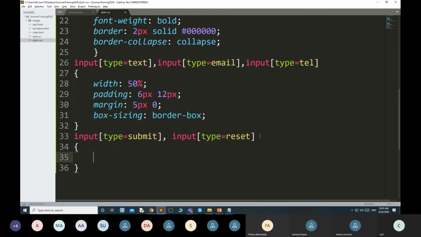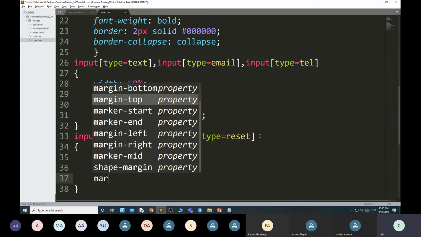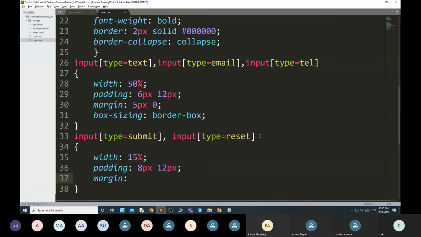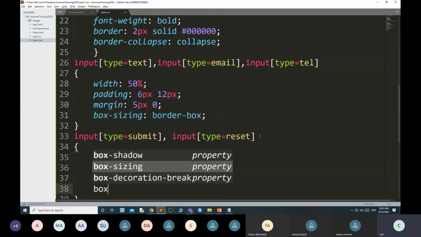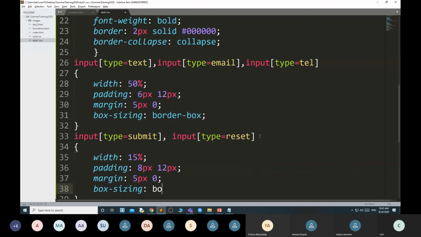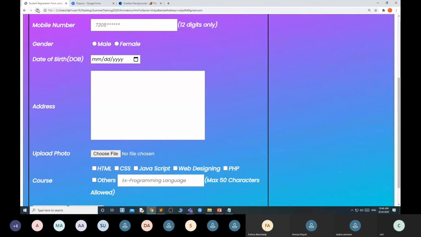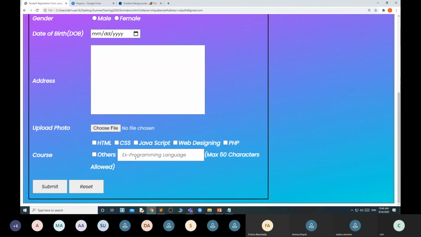And I am just giving width 15%, then padding, top and bottom 8 pixel, right and left 12 pixel, margin top and bottom 5 pixel, right and left 0, box sizing border box. It comes here.